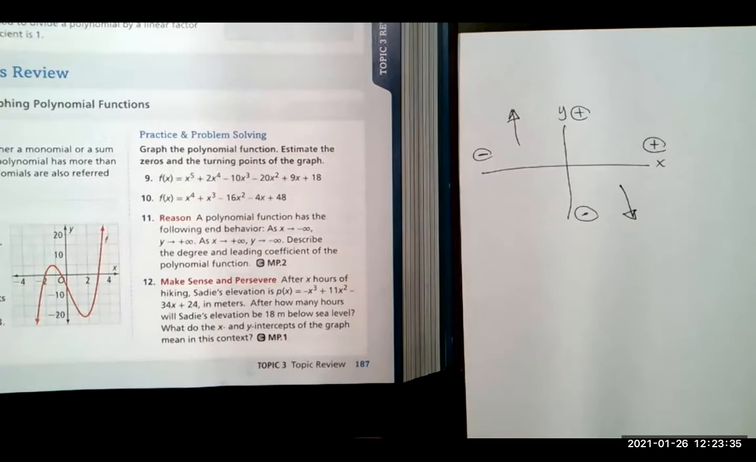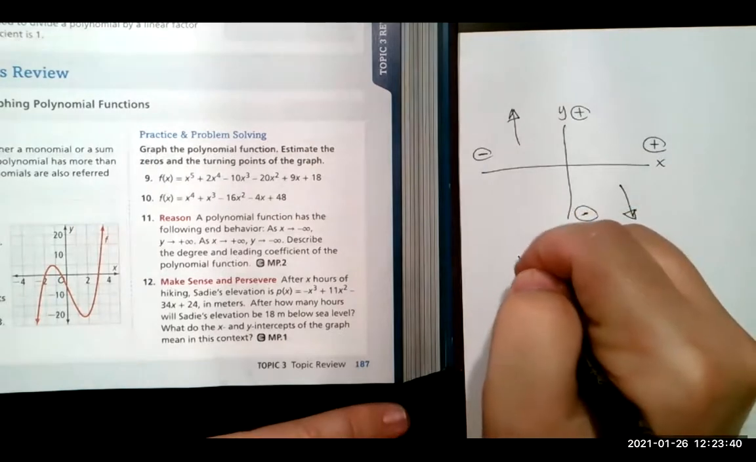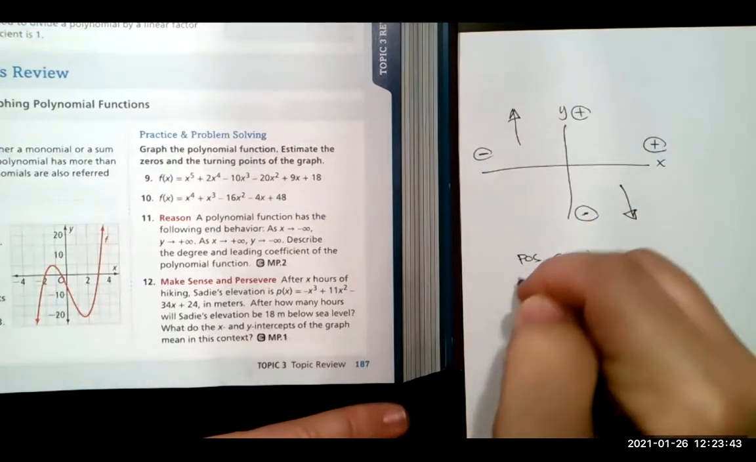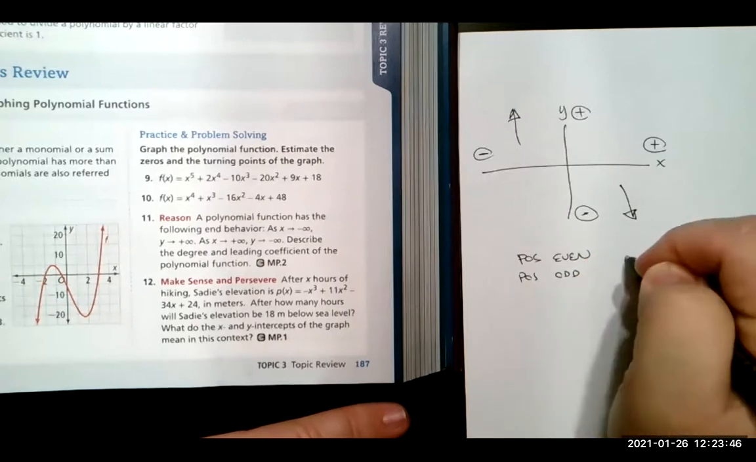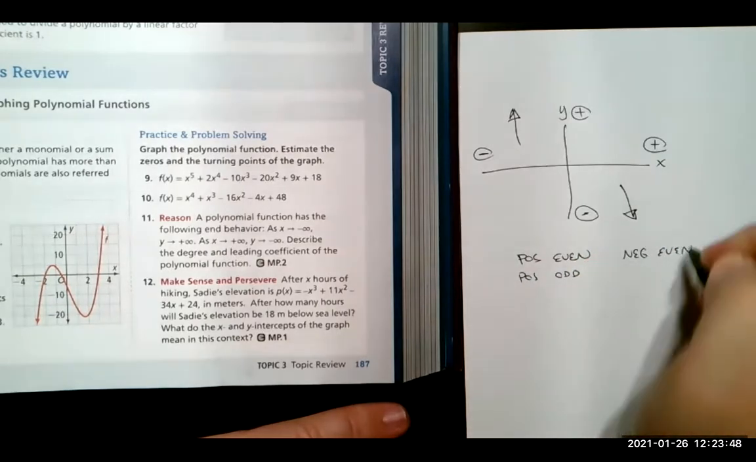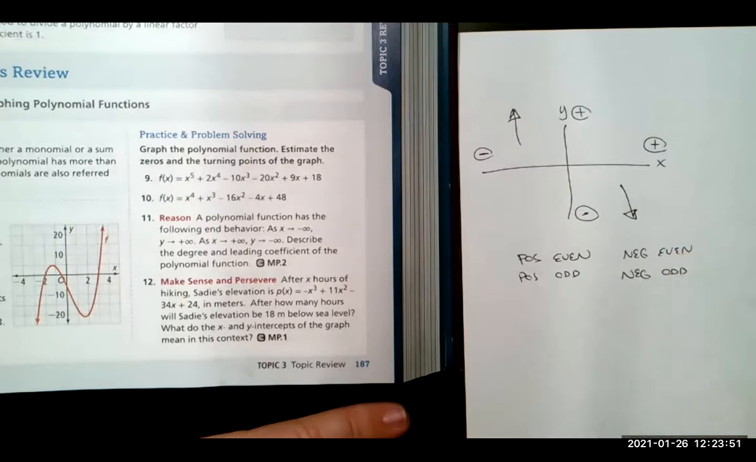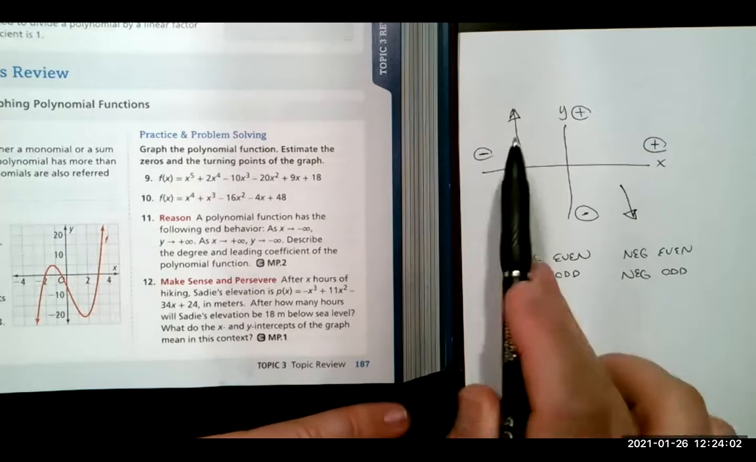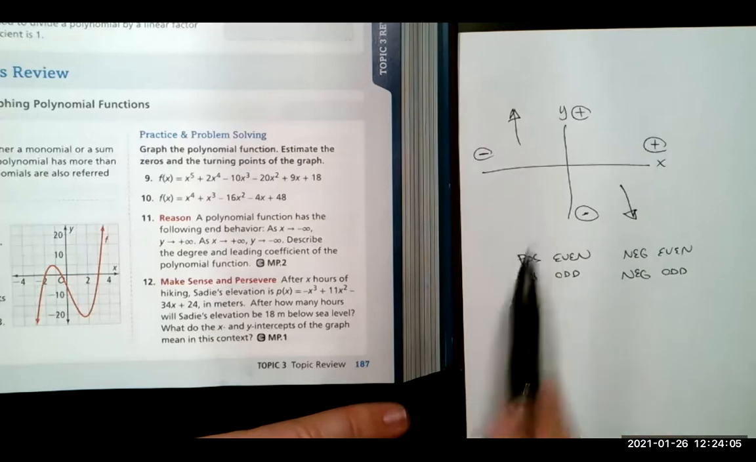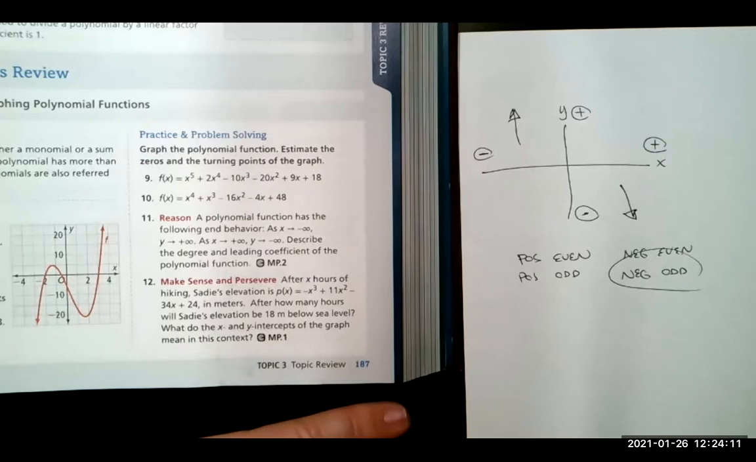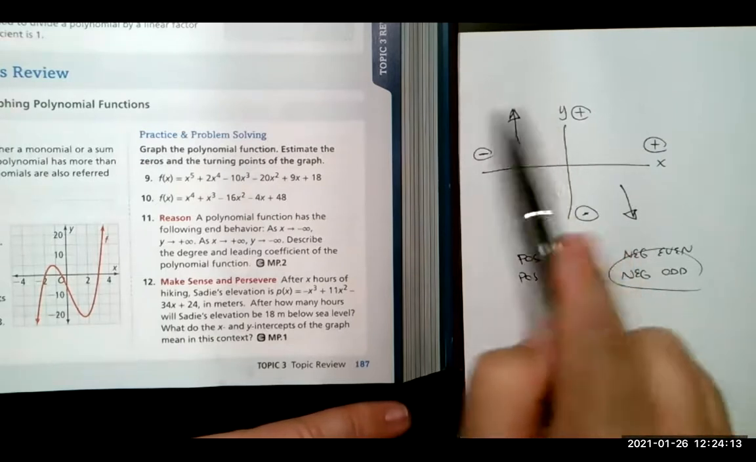Describe the degree and leading coefficient of the polynomial function. Again, there were 4 different situations: a positive even, a positive odd, a negative even, and a negative odd. If you don't remember what those were, go back in the lesson and look those up. Positive even functions always have the same behavior. Positive odd functions always have the same behavior. In this case, this looks like it's going to be a negative odd function. So every negative odd function is always going to start off in the top left and go down